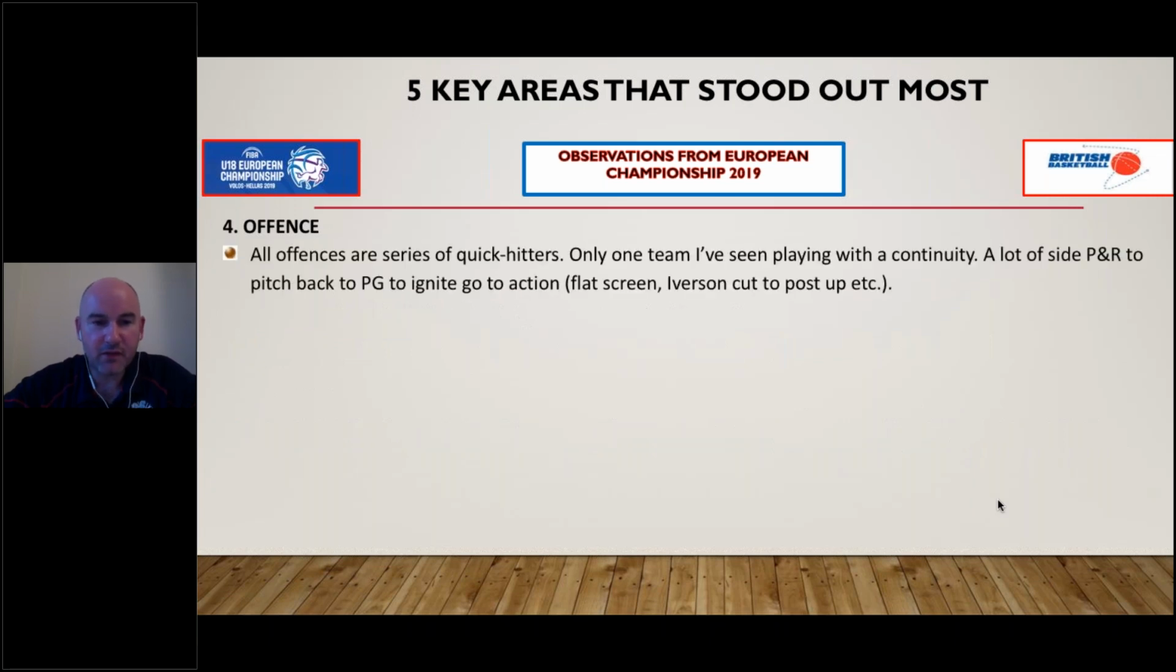In terms of offense, a lot of actions are quick hitters. There's not a lot of continuity sets. I mean, pick and roll. You couldn't keep count of the amount of times teams play pick and roll. And you guys know by now, but if you're really interested in watching teams that play a lot of pick and roll, watch Hapoel Jerusalem in the Champions League. Speaking to Liam Flynn, their assistant coach,